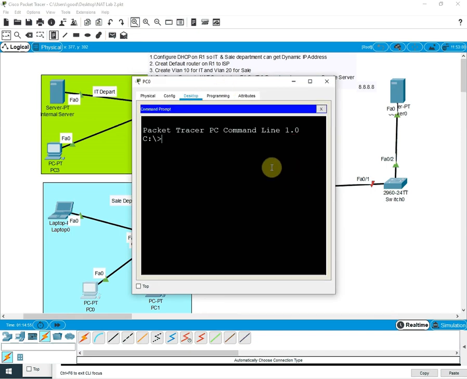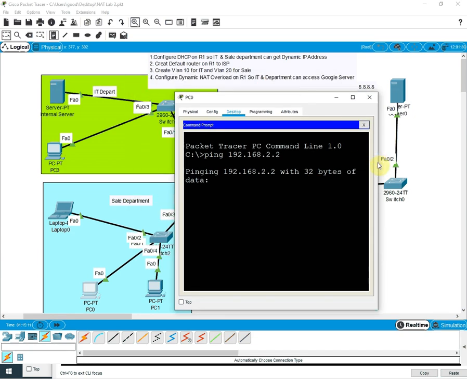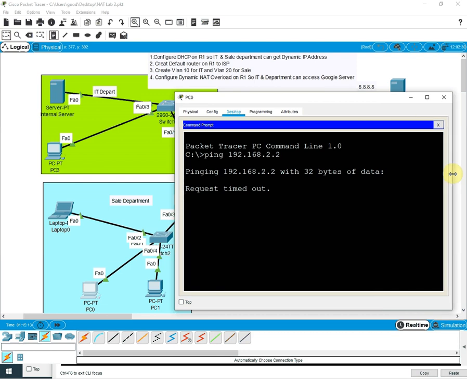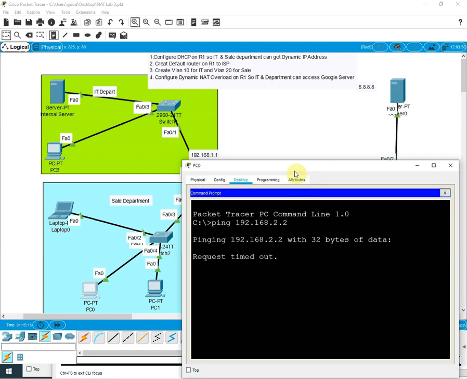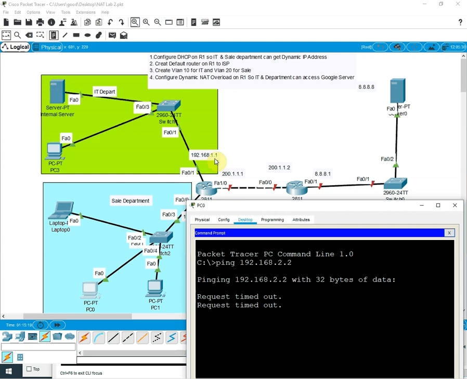Let's test. I will write ping 192.168.1.2 or 2.2. Yes, we done here. Let's see here. This is 192.168.2.1.1.